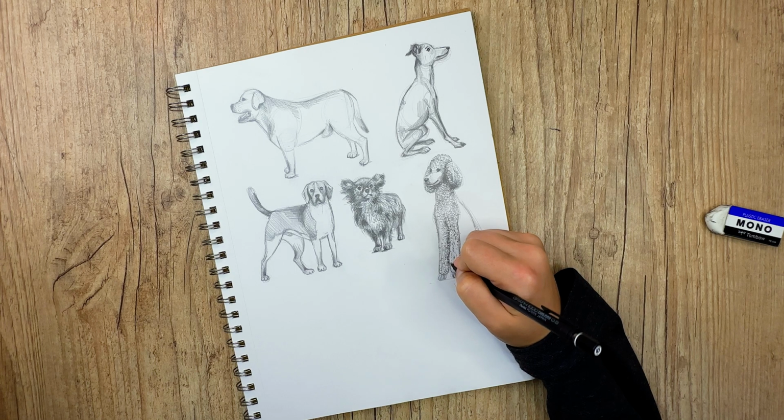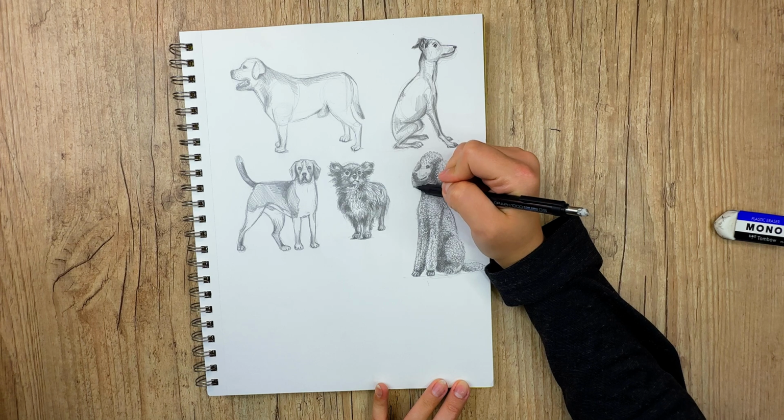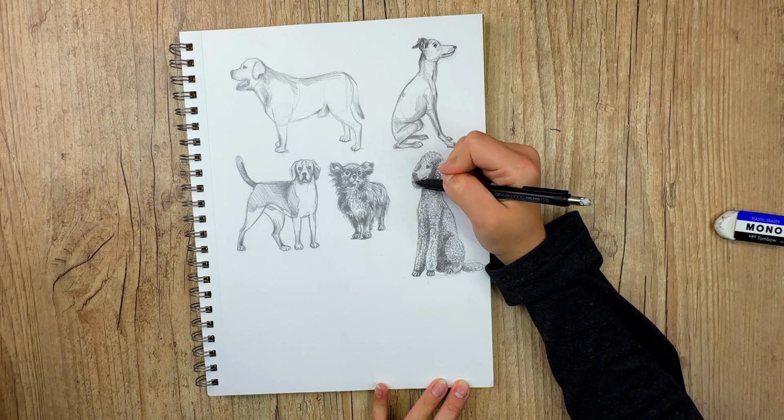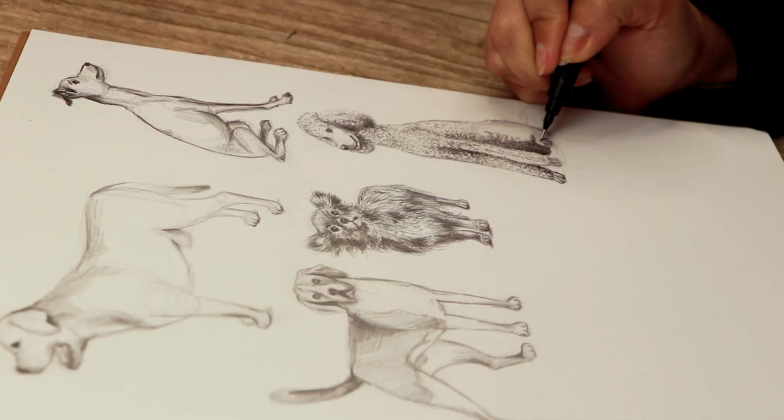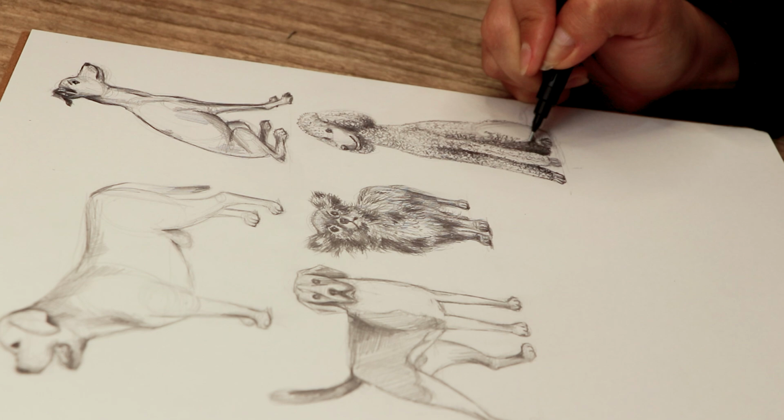So in between the legs, for example, and under the head and under the ears, you can make it darker. You can also do a little hatching at the front of the nose, like in the mouth area, just to create some depth. And now we just keep creating the fur pattern like this. You can also make it a lot darker on the belly, like underneath the dog where there's less light coming in. This pattern is kind of repetitive, but after you do it a little bit, it gets so satisfying to